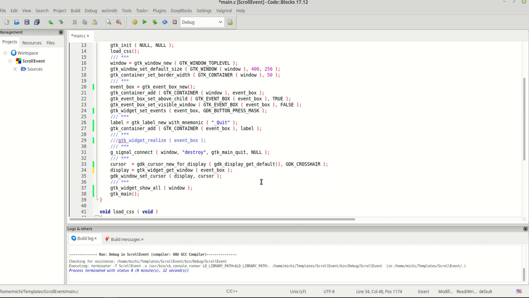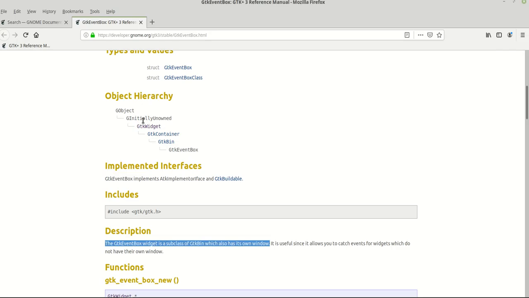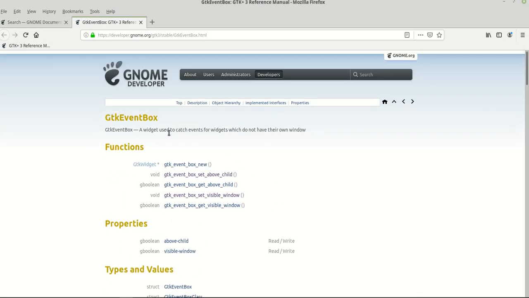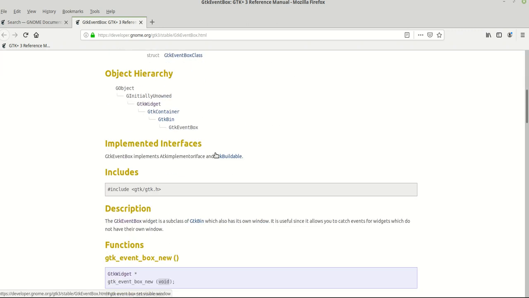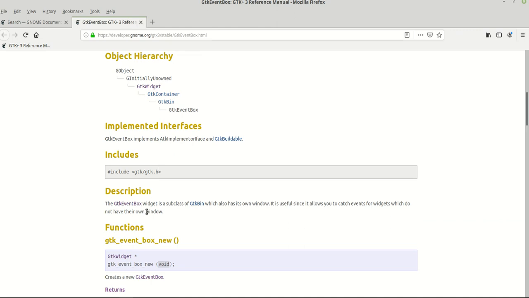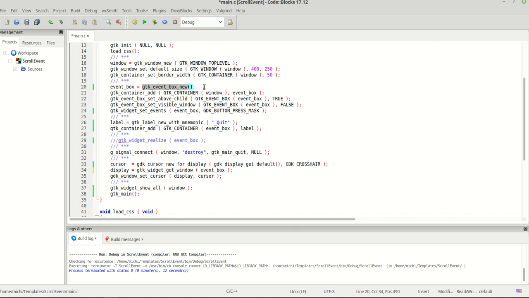It has to be the same because after you create an EventBox, the way the description says, it's a widget used to catch events which do not have their own windows, so it's a widget. And here it says the GTK window widget is a subclass of GTK bin which has its own window. Yes, it has, but where's the window? I mean